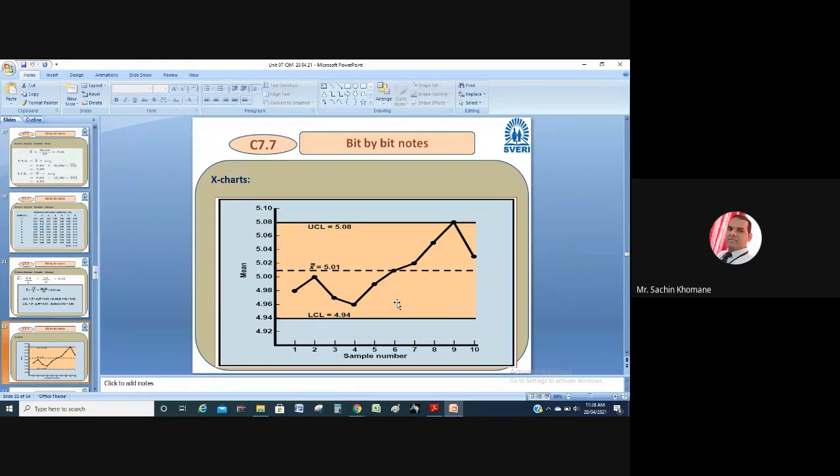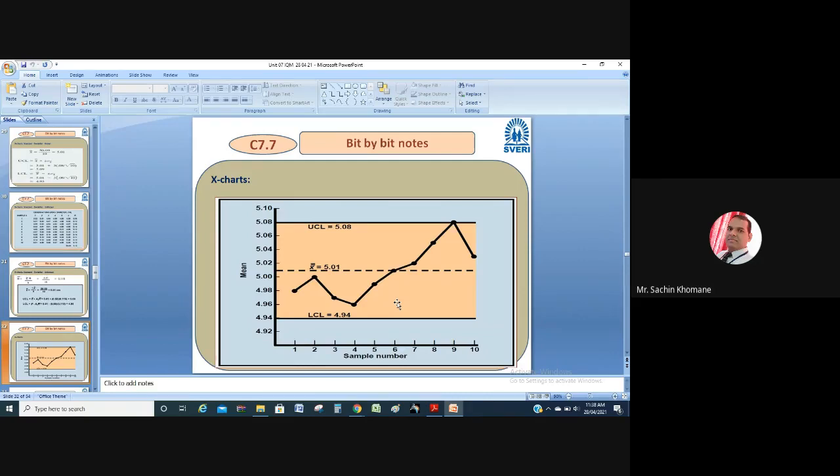Is it drawn on your paper, roughly? Just see the mean and tell me the conclusion. I have told the procedure: how to calculate UCL, how to calculate LCL, how to calculate the mean, and how to draw the graph. And you got a certain trend. Now you people have to tell me the conclusion.